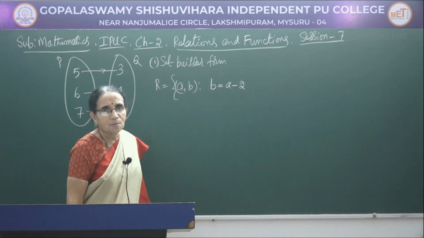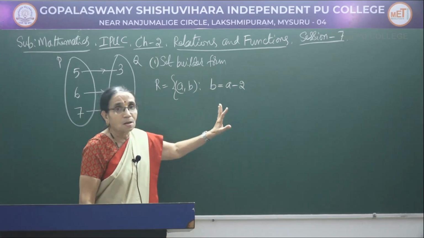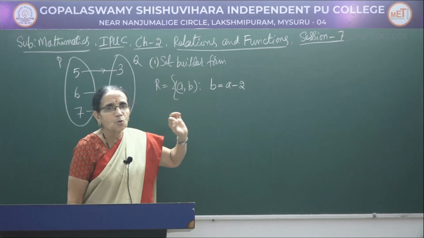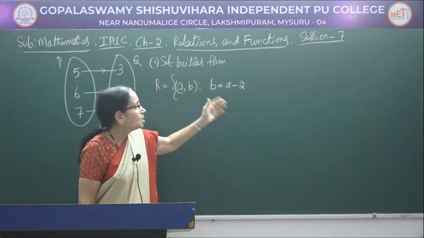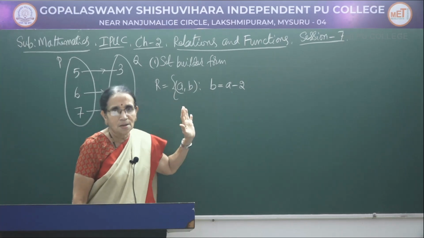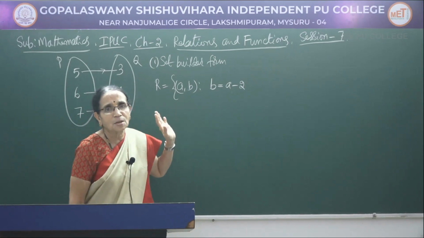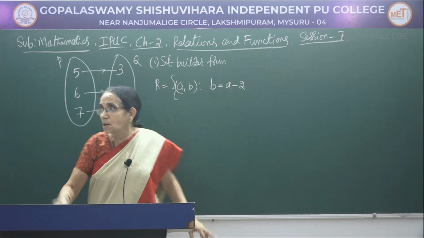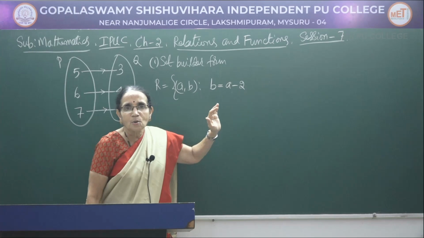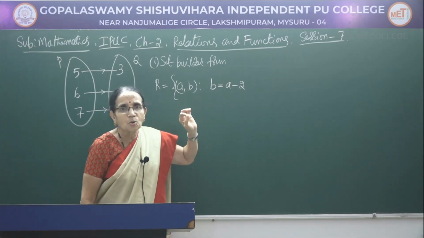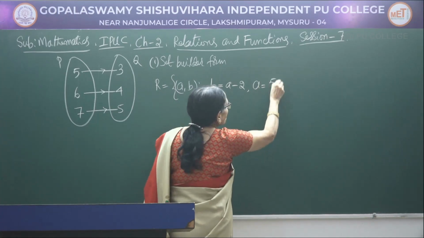Simply if you write like this, we will not be knowing which are the values here. This is in general. So, you have to write what values would be assigned to A. Otherwise, we cannot write the exact elements at all. Now, in this particular relation, with the arrow diagram given, you see that there are only 3 numbers here which can be assigned to A. What are those numbers here? 5, 6 and 7. So, I have written the relation, but the values that would be assigned to A should also be specified. How do you write that one? Where A is equal to 5, 6 and 7.